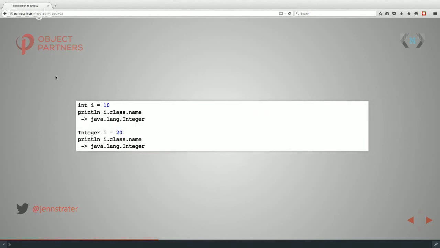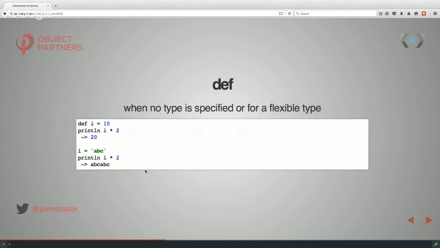Okay, so what does this mean? If we look at this example, we have int, your little int, and big Integer, and these are both using the same class. Another thing, if you're not familiar, we're using dot notation, and you get a bunch of properties that you can access based on the way that this is laid out. So you can access a class and its name. Pretty cool for not having to write any of this stuff.